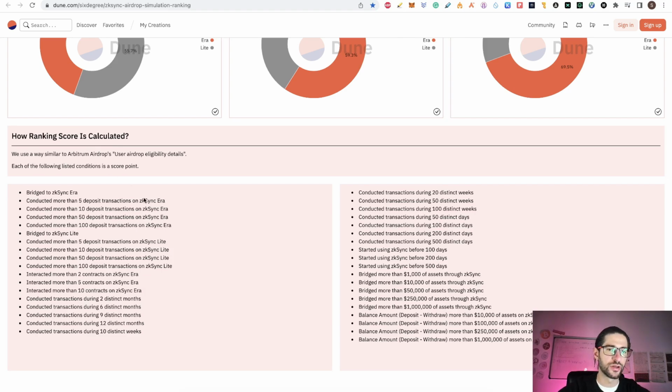And they say here that they use the parameters for the eligibility, the details for the Arbitrum airdrop. So you can see here: bridge to ZkSync Era, conduct more than 5 deposit transactions on ZkSync Era, or 10, or 50, or 100; bridge to ZkSync Lite, again do more deposits there on ZkSync Lite, 5, 10, 50 or 100; interact with more than 2 contracts on ZkSync Era, interact with more than 5 or 10 contracts,